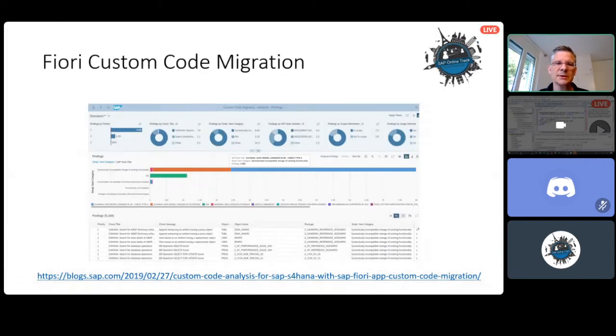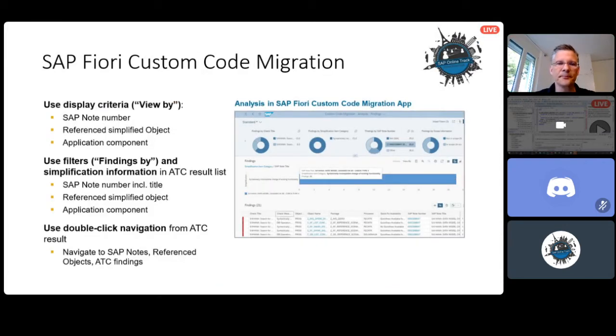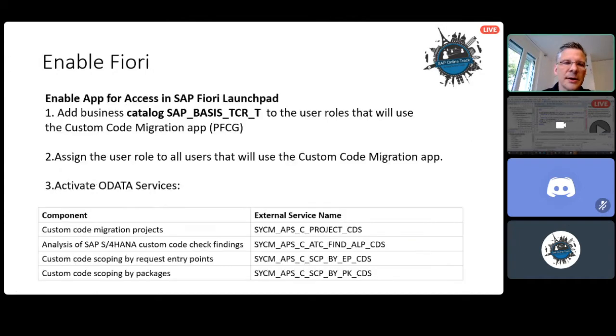Yes, I go back to the slides. So this is for the Fiori. You can navigate, you can identify, you can use it for estimations of effort. And if you want to have the Fiori, it's not shown by default. So you need to add this catalog, subbasis TCRT, to your user in order to bring the tile on the Fiori Launchpad.